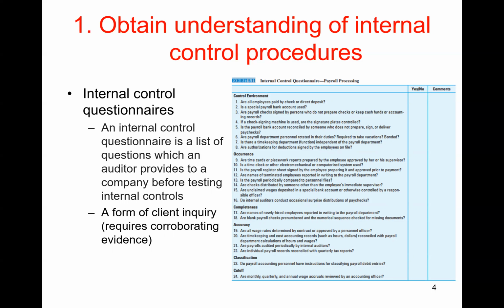Okay, so it's basically a list of questions where you're asking, does the client have the control in place? And the answer is here, it's either yes or no. So this is a form of client inquiry, right? You're actually asking the client some questions, and because it's client inquiry, that is not very strong evidence. So you need corroborating evidence. In other words, you need tests of these controls in order for you to make the conclusion that control risk